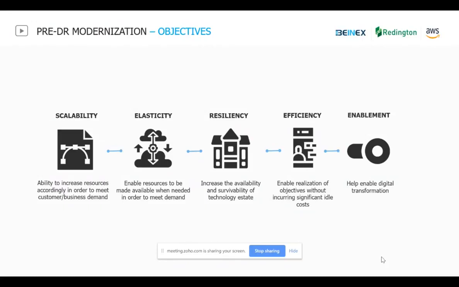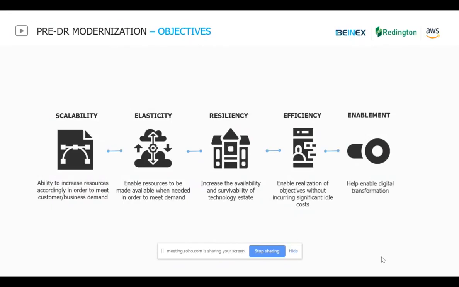And for the enablement part, which we think is the most important part as far as the times are concerned, when we all got struck with COVID-19, every organization wants to enable digital transformation, and an on-premise data center in the DR infra is not going to help us to move to digital transformation.